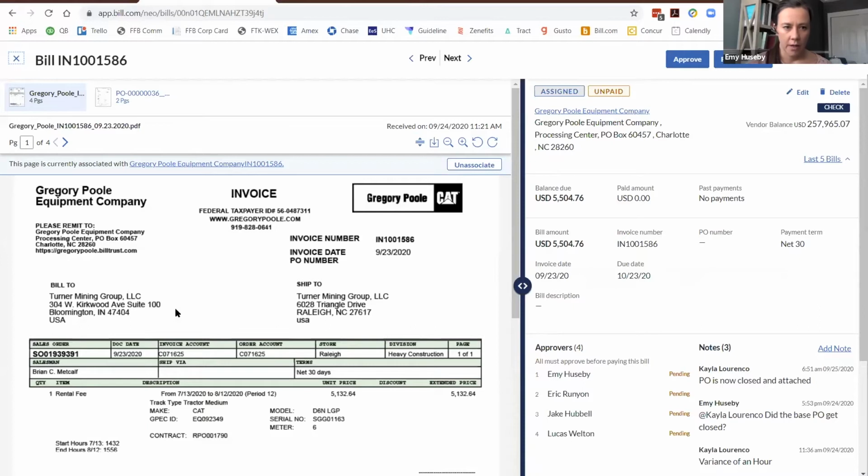For the third video in this series, we're going to go through a piece of equipment rental so that you guys are able to see these bills, the information that accounting provides to you, and that we have captured from everything that you've reported on the runtime hours on each piece of equipment, and how it can help you in approving the bill. So I have an example pulled up of one of the rental ones that's waiting currently for